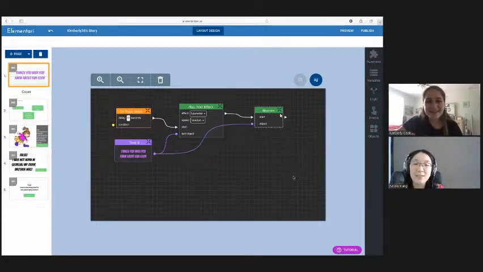So this is sequencing, and you can also do functions in parallel. And parallel just means at the same time. So typically the example would be on page start, I want to play a voiceover while my text effect runs, or I want to play background music while all my animation is going on. Or sometimes you want maybe two animations at the same time. Maybe I want to rotate and scale it at the same time